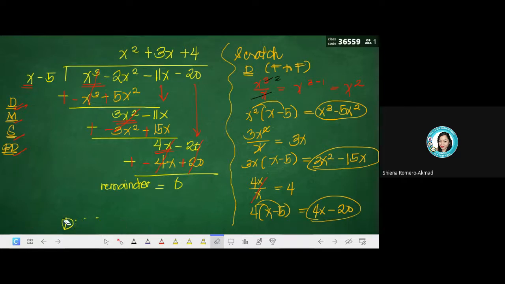Lipat natin si long division sa taas. So this is called long division. And our final answer is, sulat lang natin, x squared plus 3x plus 4. So, medyo mahaba yung proseso na ginagawa natin, but I have to remind you na meron tayong mas maikling paraan